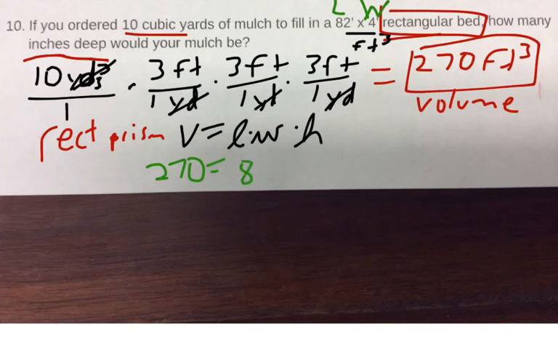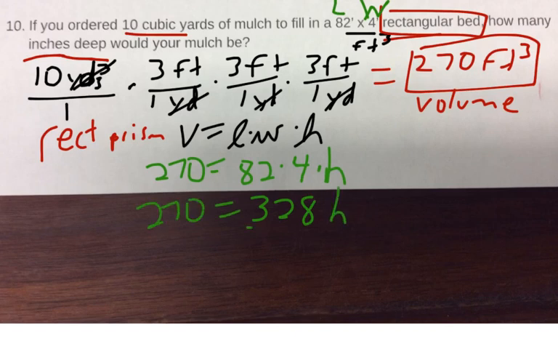So 82 times 4, and then I don't know my height. That's my depth. I don't know that, so that's my variable. So I'm going to call that H. Yeah, I can make it a better H than that. There we go. And now I'm just going to multiply and solve this. So 82 times 4 gives us 328. H equals 270. And then to solve for H, I'm multiplying, the inverse is dividing. So I divide by 328 to both sides. And H is going to be about